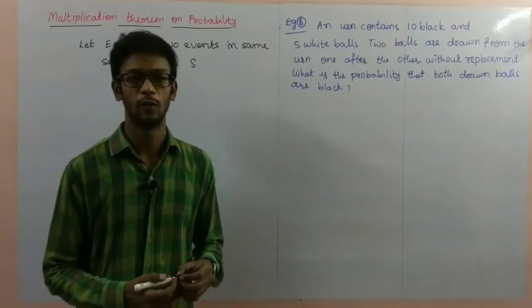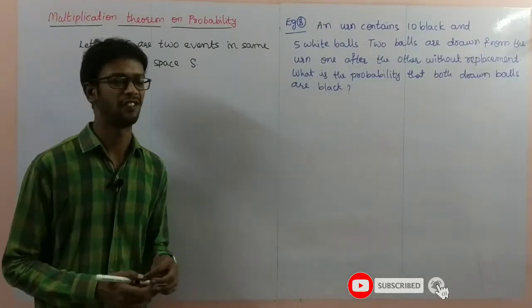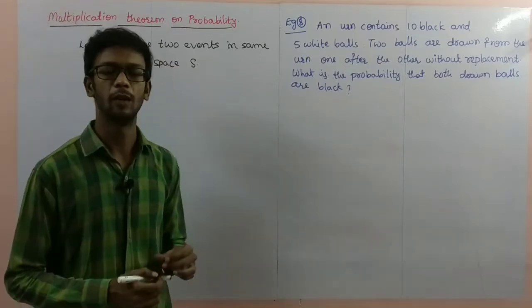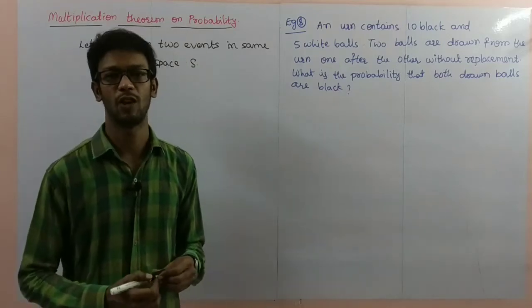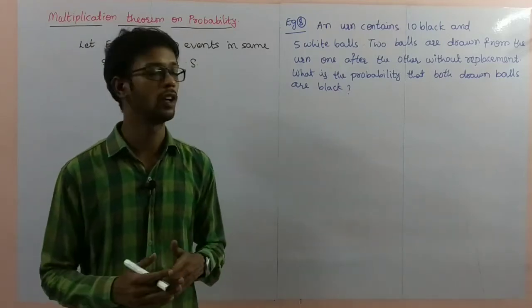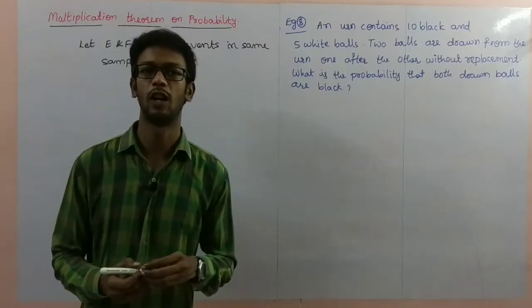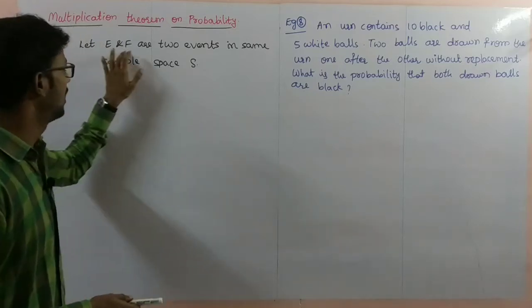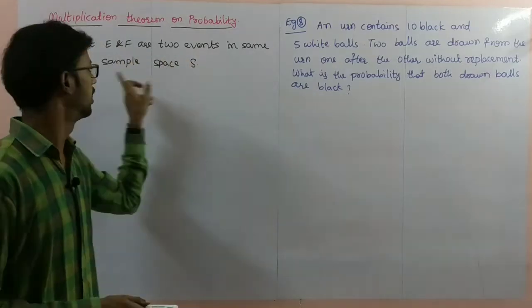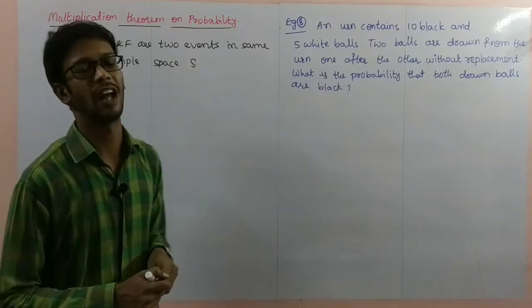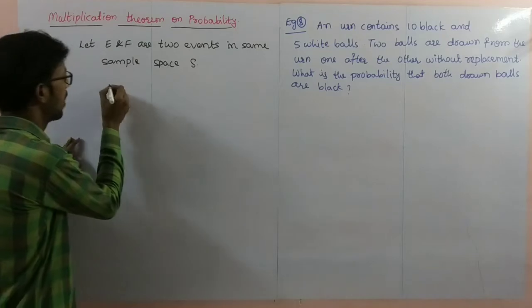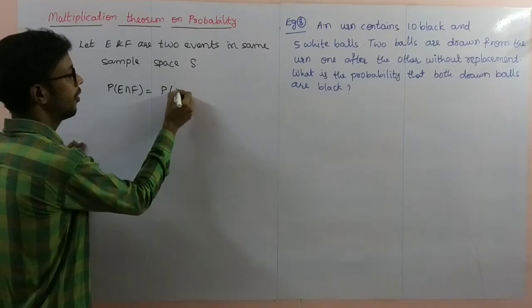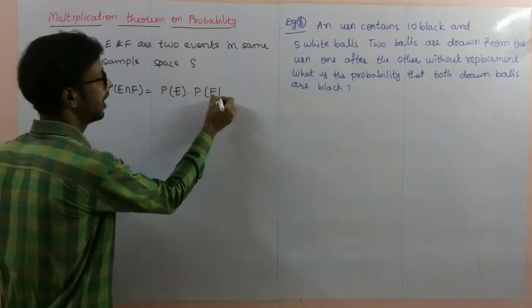Hello everyone. Now we start our new session with a new concept, the multiplication theorem on probability. In previous sessions we discussed conditional probability; this is just the extension part. Let E and F be two events in the same sample space S. Then probability of E intersection F is equal to probability of E into probability of F by E,